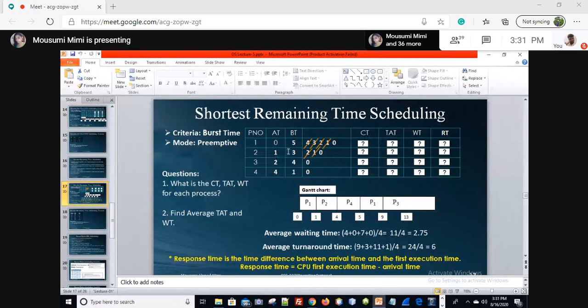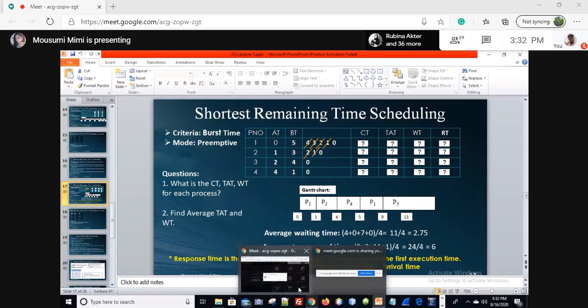But whenever it comes to shortest remaining time scheduling, at that time it always checks not only the smallest burst time but also within a 1 second gap. It always checks whether any new processes come or not. If any new process comes, it checks whether the burst time is smallest or not. If the burst time is smallest, at that point it stops the execution of the current process